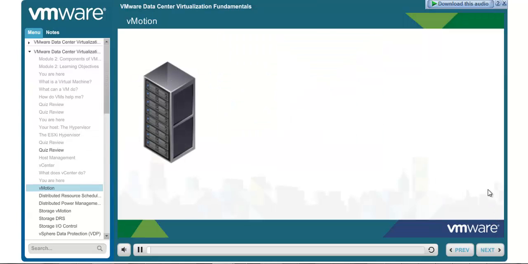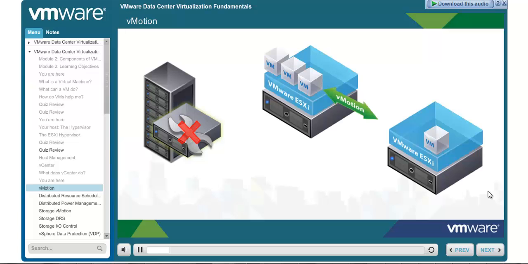Have you ever wanted to perform hardware maintenance during the day, but you were told that downtime just wasn't acceptable? VMware has a solution for that: vMotion. vMotion allows you to migrate a running virtual machine from one ESXi host to another, even during normal business hours. The business implications for this technology are huge. You can think of this feature as a sort of proactive high availability,